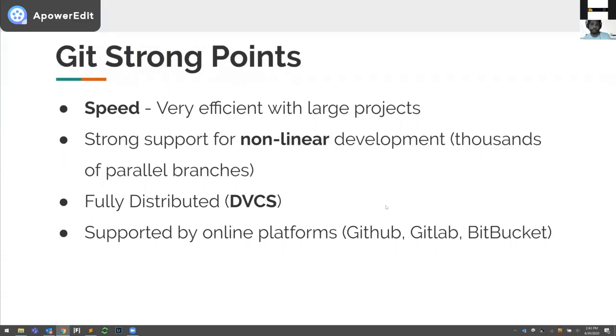Creating a branch is not a huge cost in a distributed version control system, especially Git, and it is fully distributed and supported by online platforms. GitHub, pretty sure that you have used GitHub, and GitLab, Bitbucket. There are multiple platforms that you can use, and these systems use Git as the version control system.